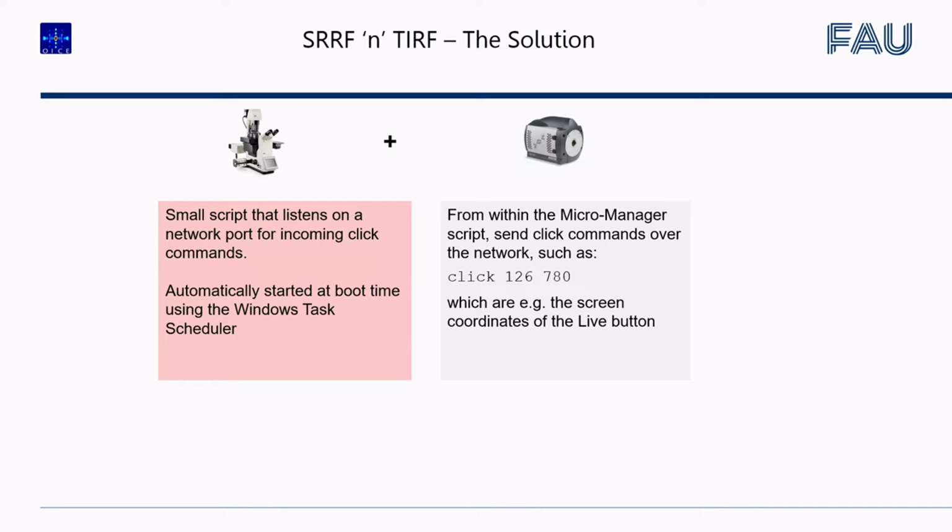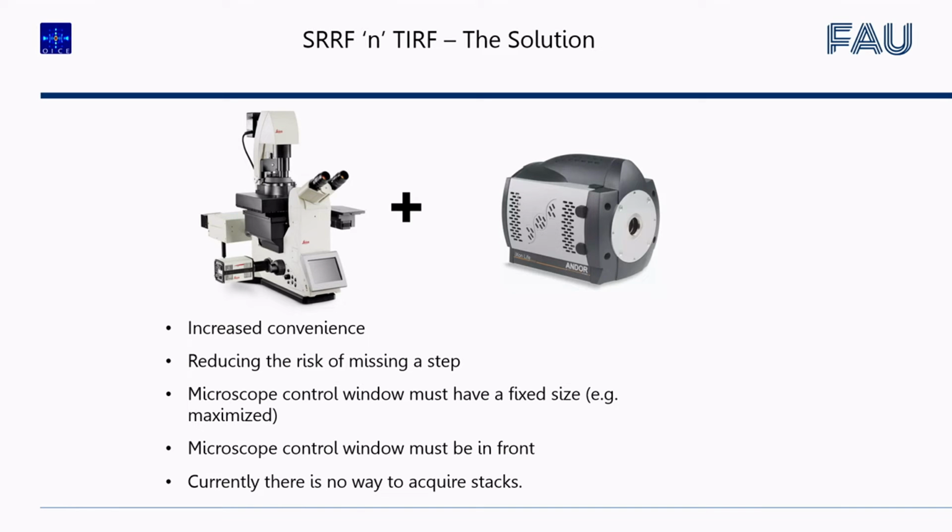It just starts and works. And from within the Micromanager, you will send click commands, and if you have a fixed window size, you can define these points here on the screen coordinates, and then everything is nicely harmonized. So we found a solution to increase the convenience of usage, reducing the risk of missing a step,